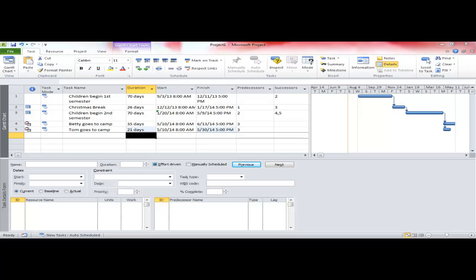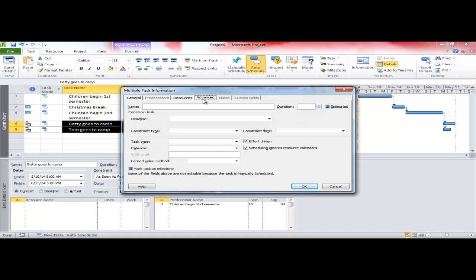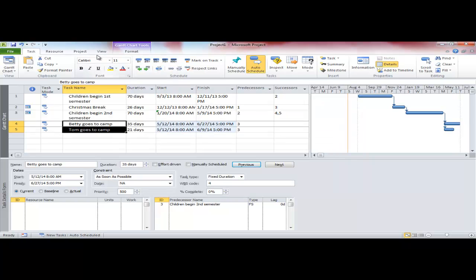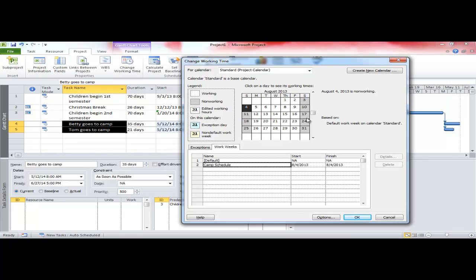Alright, and now there is one more solution left, and that is the summer work week solution. So to do that one, we'll get rid of the task calendars on the Tom and Betty tasks. And we'll simply go to the project change working time command, work week. We'll put in a summer schedule, call it camp schedule, and it's going to need to start in May, from May 12th through 7/30,